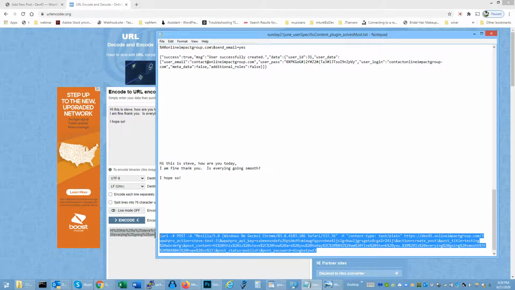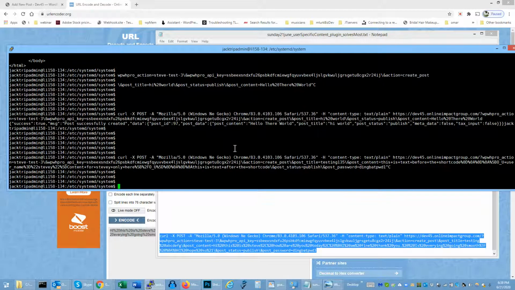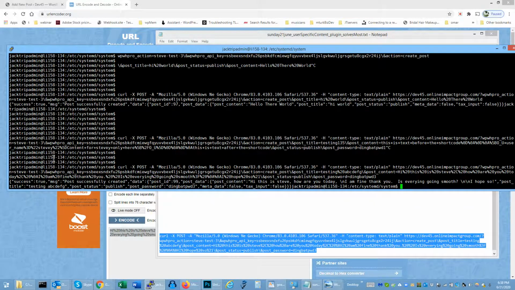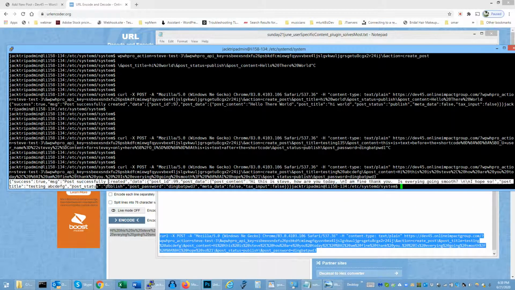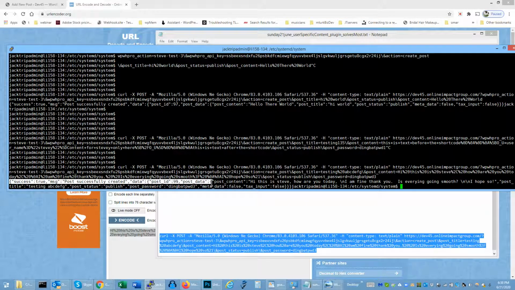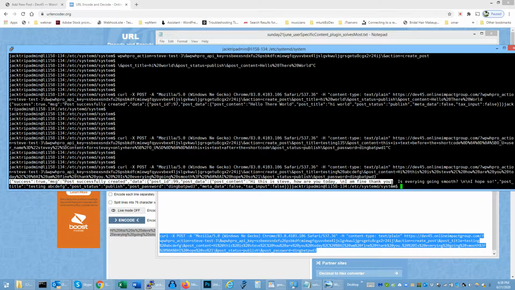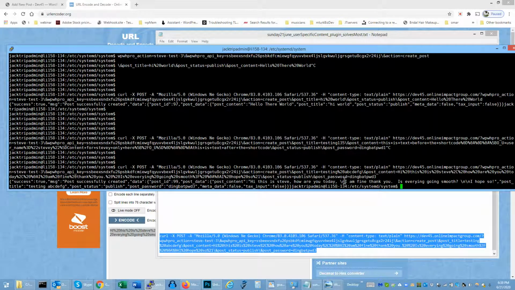So I'm going to paste all that into a Linode shell. And it says success, post created successfully, and all that. And you see the entire thing. It did interpret some of the URL encodings, and it gave us a \n for new line, et cetera, et cetera. Anyway, pushed all that stuff there,